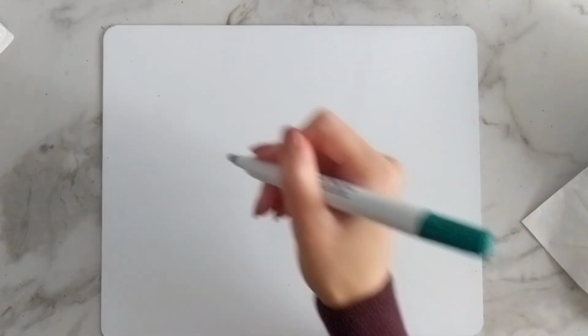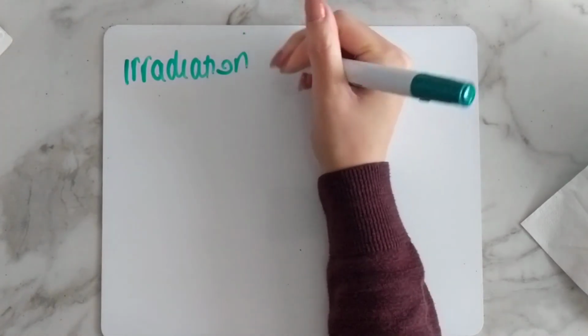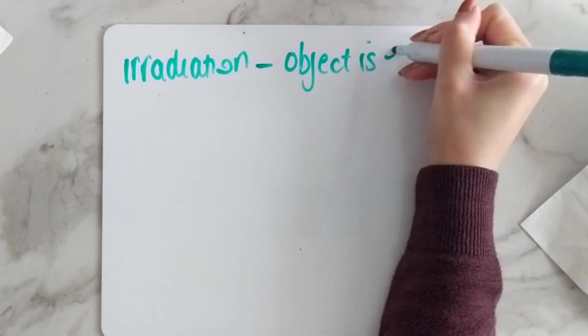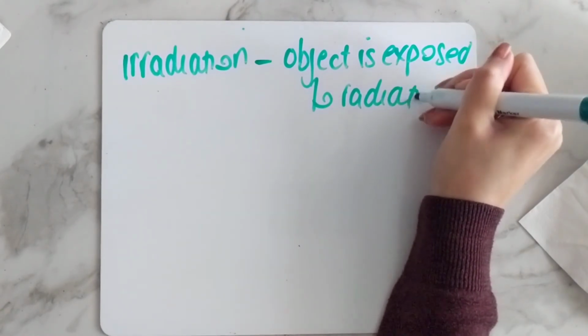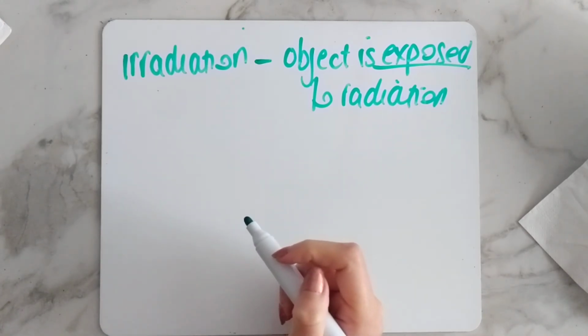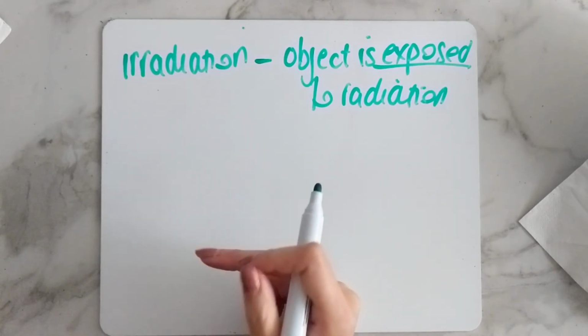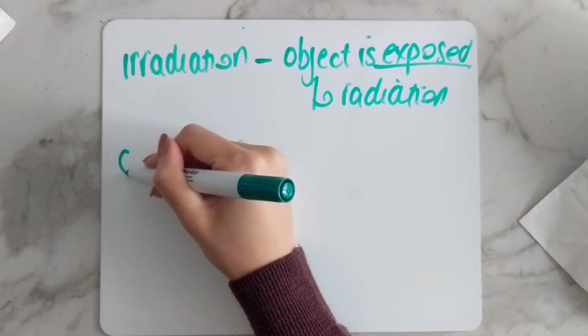So there's 3 definitions that you need to know, and you need to know what the differences are. So the first one is irradiation. So this basically means when an object is exposed to radiation. So exposed just means that it's in the area where there is radiation. So it doesn't mean that radiation gets in. It just means that the object is somewhere, I don't know, in a room full of radiation. It's just exposed to it. Contamination